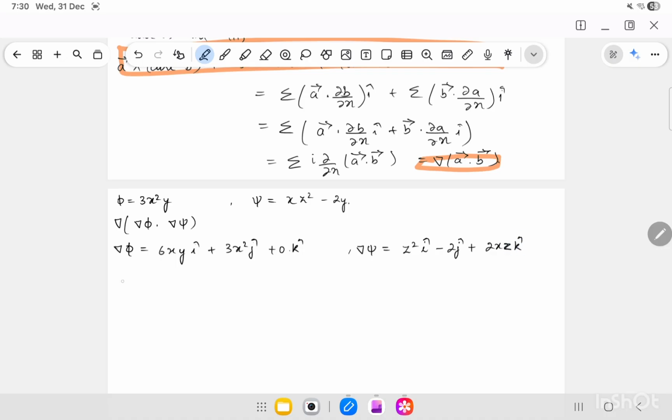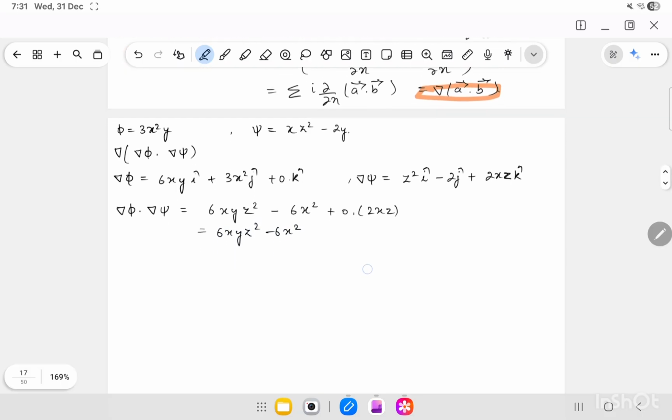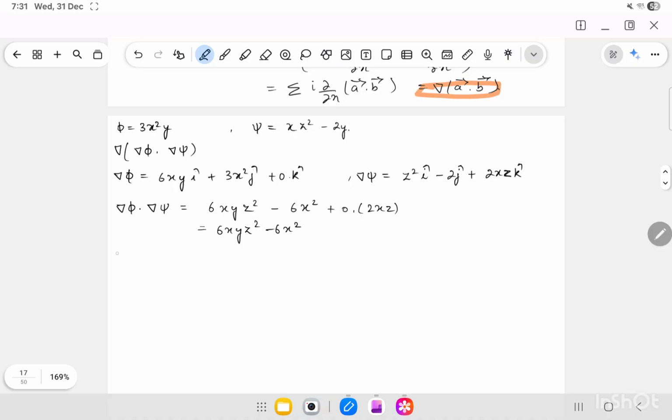Now if I evaluate the dot product of these two, it will be equal to 6xyz square minus 6x square plus 0 times 2xz, which is equal to 6xyz square minus 6x square. Now if I again evaluate the gradient of this term,